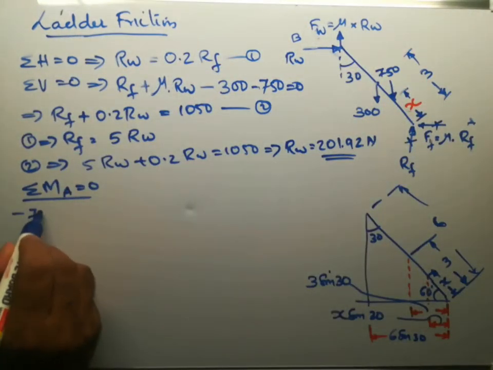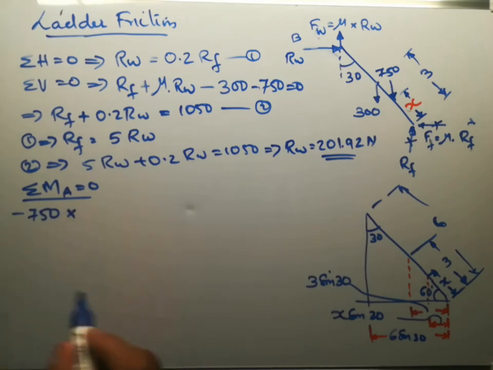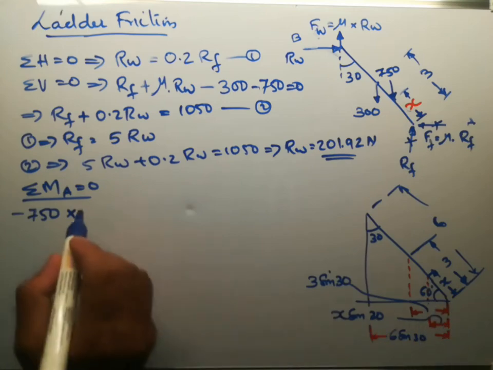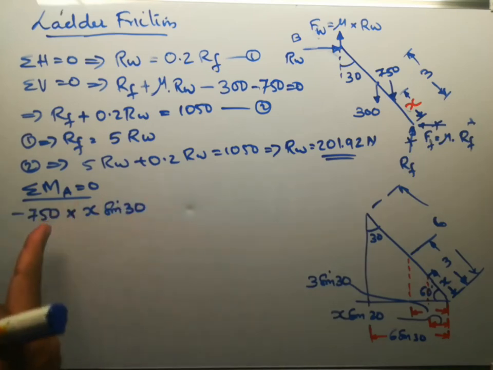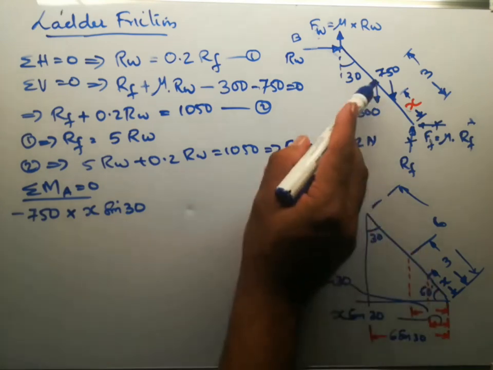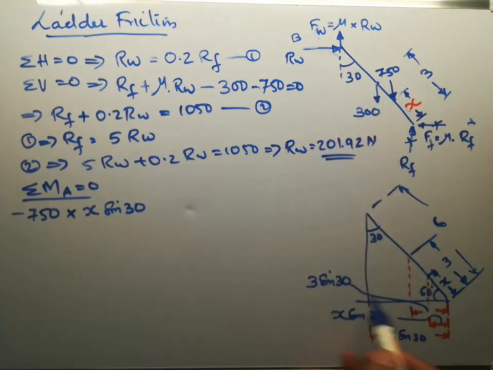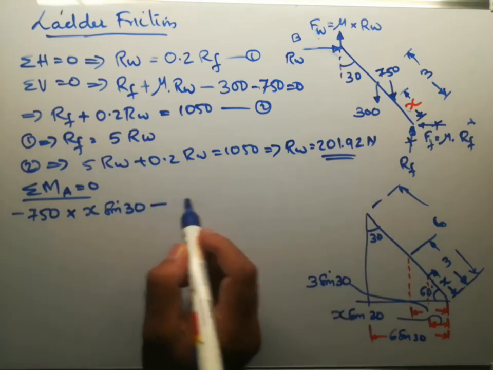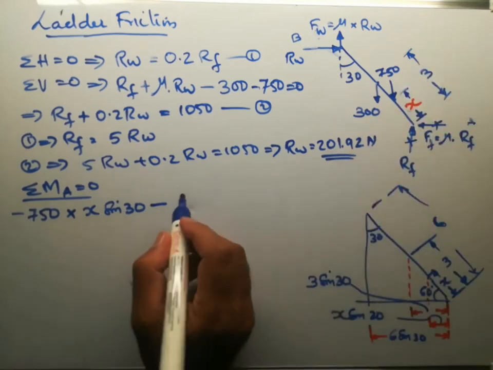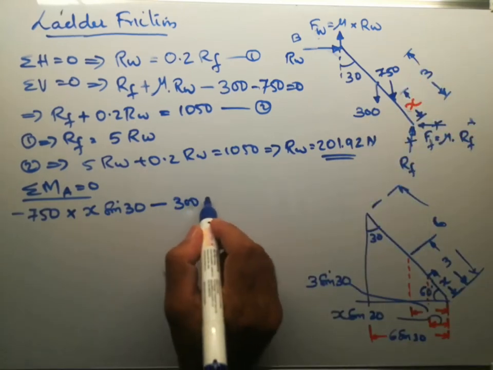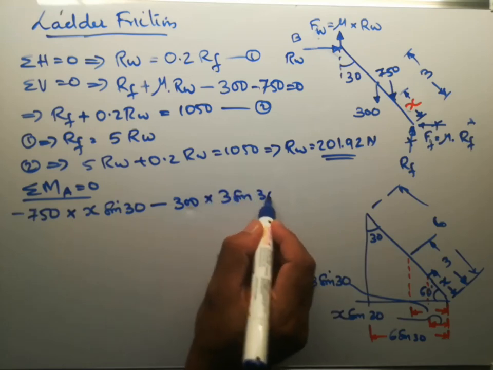So minus 750 into the perpendicular distance between the line of action of the force and the point, that is x sine 30. Minus, because it is anti-clockwise, next is 300 at 3 sine 30, minus, that also is making anti-clockwise moment, minus 300 into 3 sine 30,